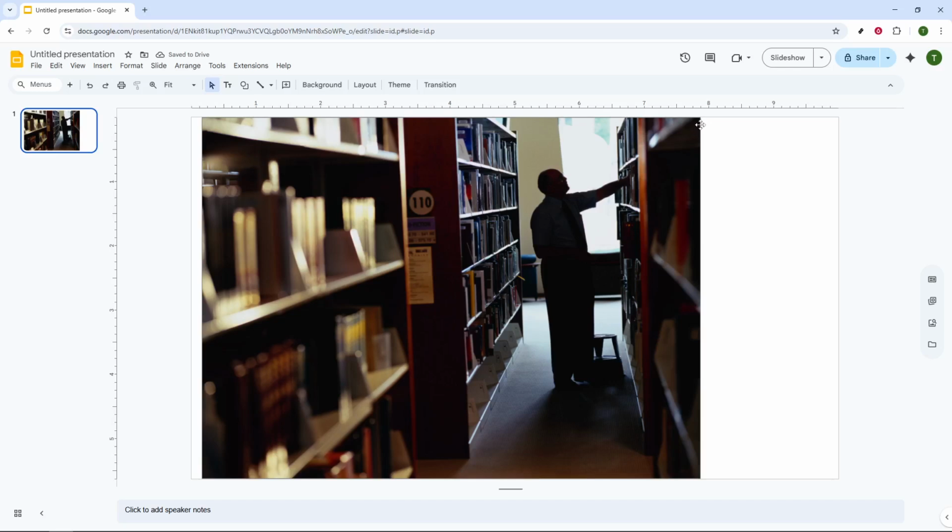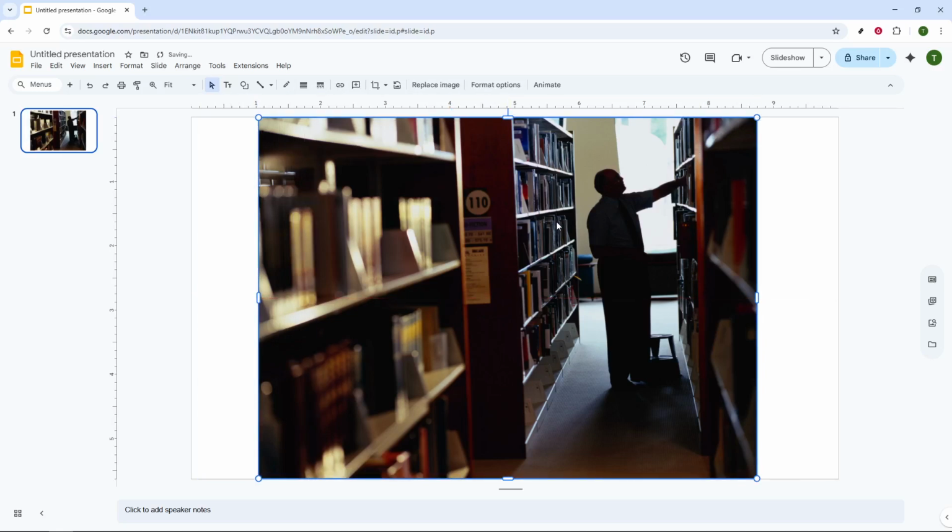To move the image around, simply click and hold it, then drag to reposition it until it fits perfectly with your slide layout. And there you have it, a simple yet effective way to insert and tailor images within your